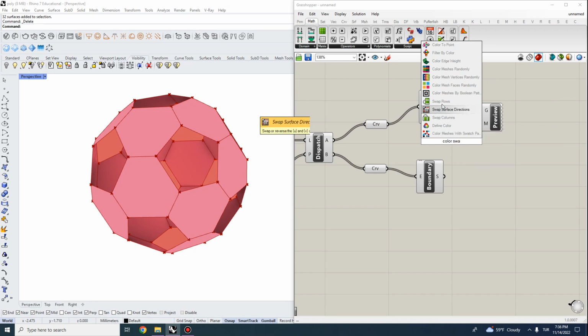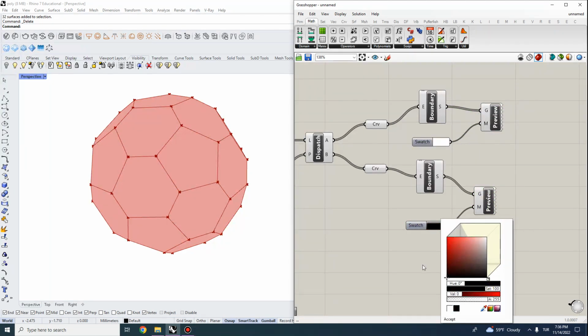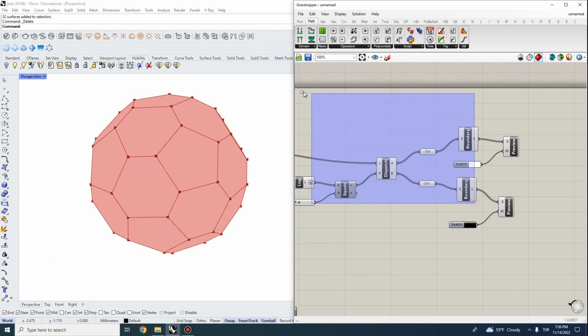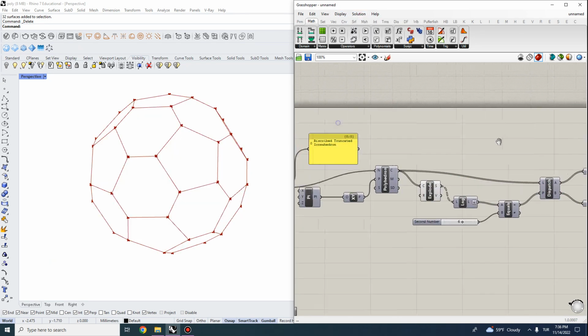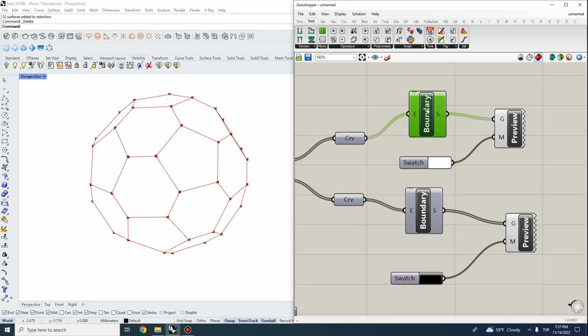And let's see, let's do a swatch. So this is our color swatch. We can do white and black. I mean, this is going to look like a football, but I think it should be okay. Let's see, I'm going to hide all these surfaces, and let's see, I mean, this